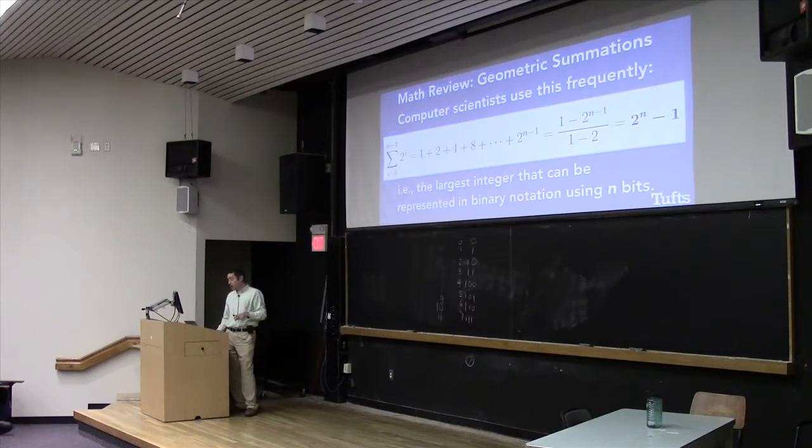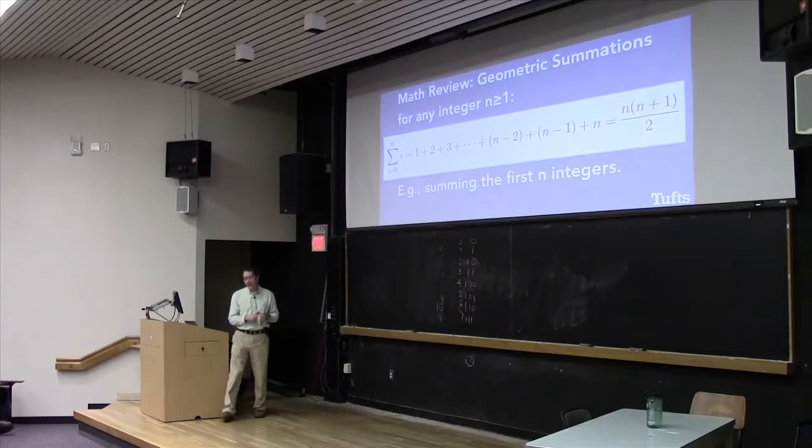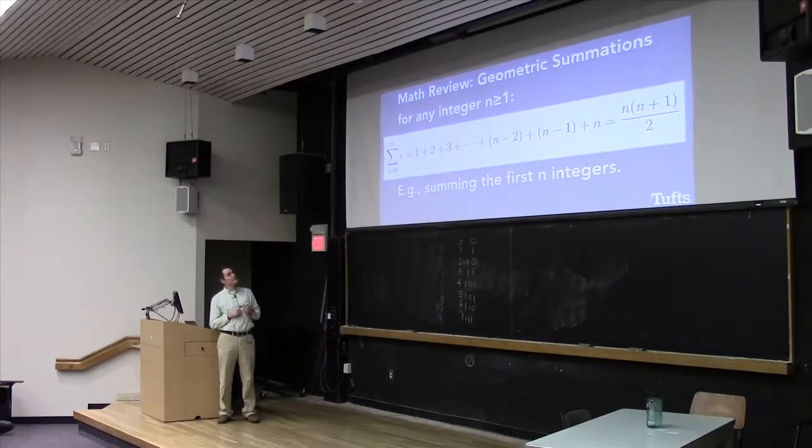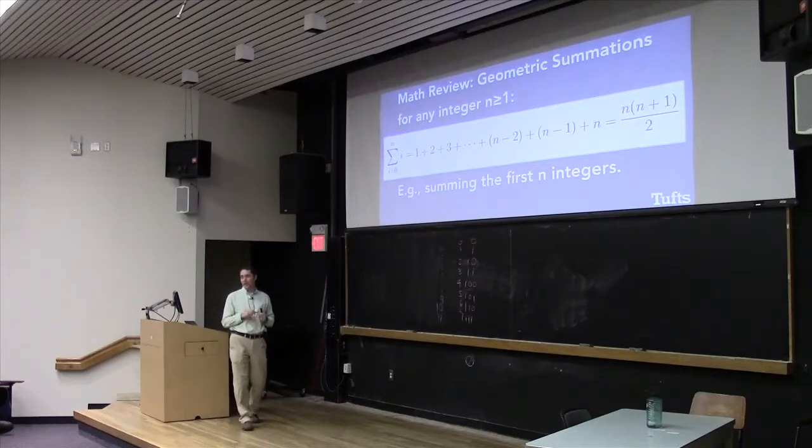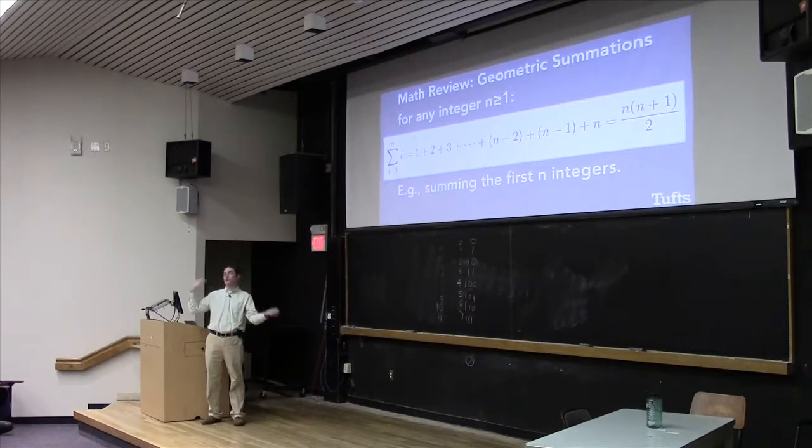All right, so let's go on a little bit more. There's a geometric series, or summation, that looks like this: if your function is just i, and you're counting from i to n, this is just all the numbers 1, 2, 3, all the way up to n. And there's an interesting apocryphal story about Carl Gauss, who is one of the most